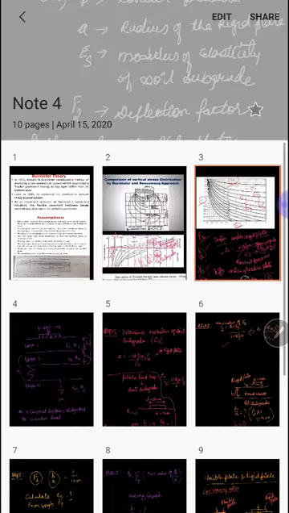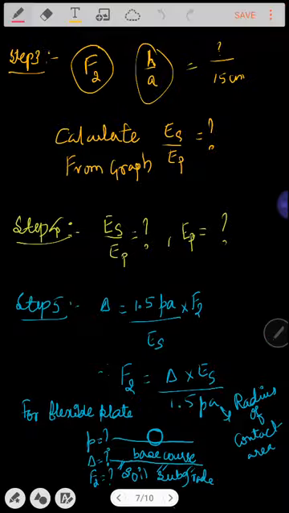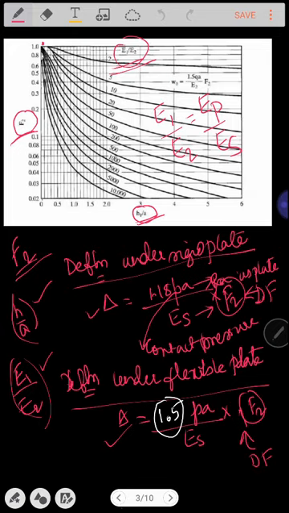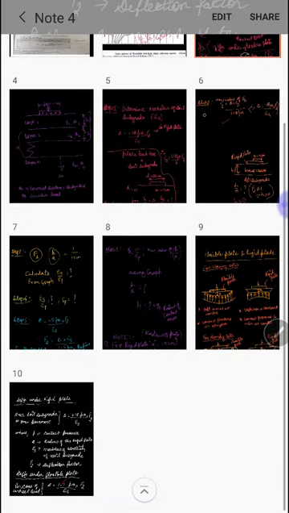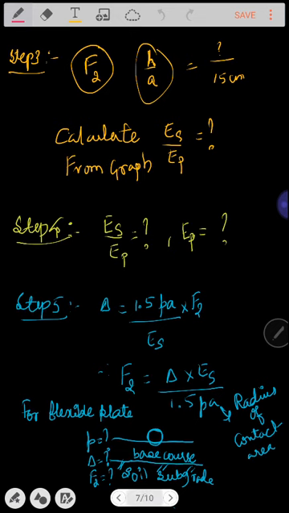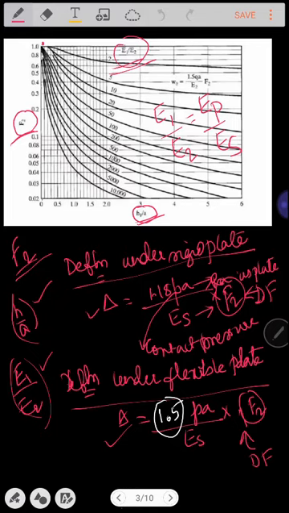Now what we require here in step number 3 is to find out what is Es upon Ep. So how are you going to find this value of Es upon Ep? Just take the inverse of the values that you get for the observed values of F2 as well as h upon a. Suppose, for example, for a known value of F2 as 0.2 and a known value of h upon a as 0.5, somewhere here at this locality, 0.2 and 0.5, you will get to know the curve that is representing